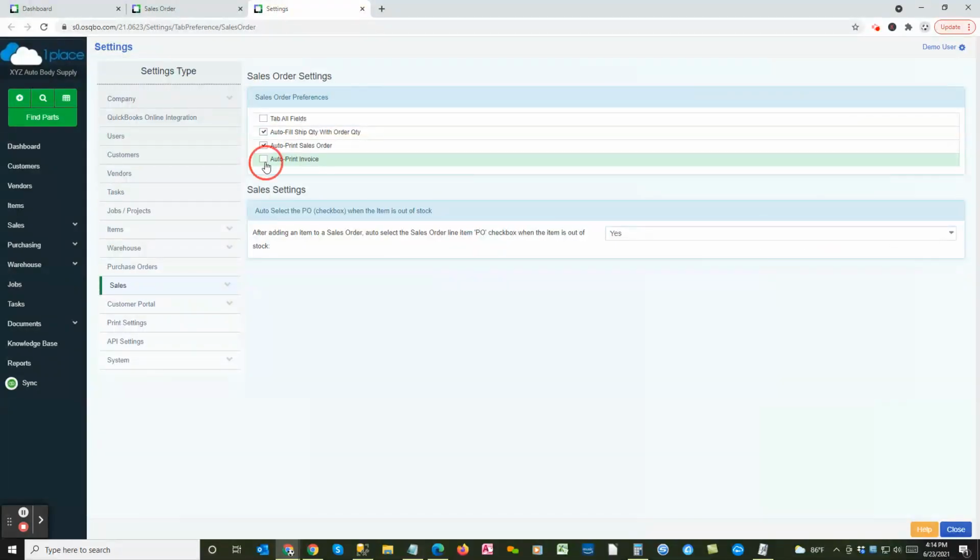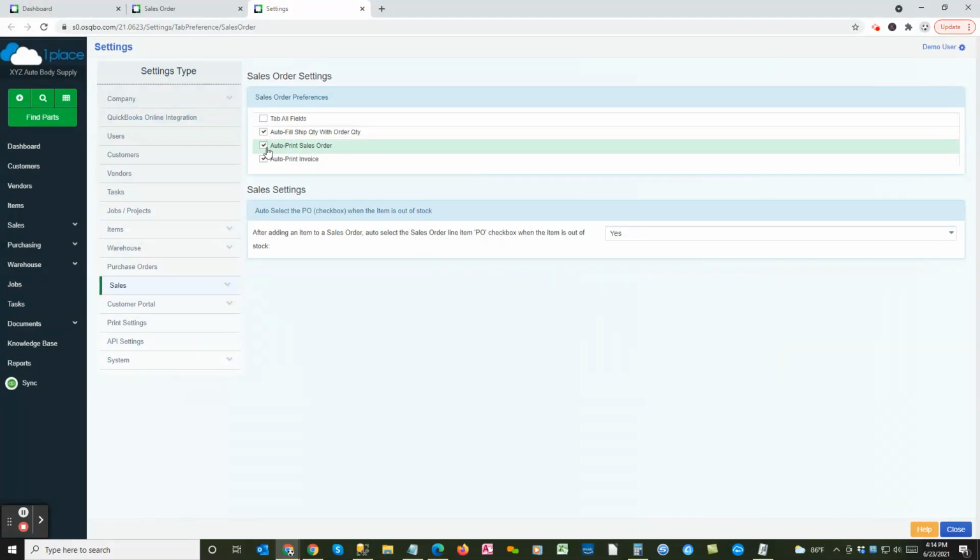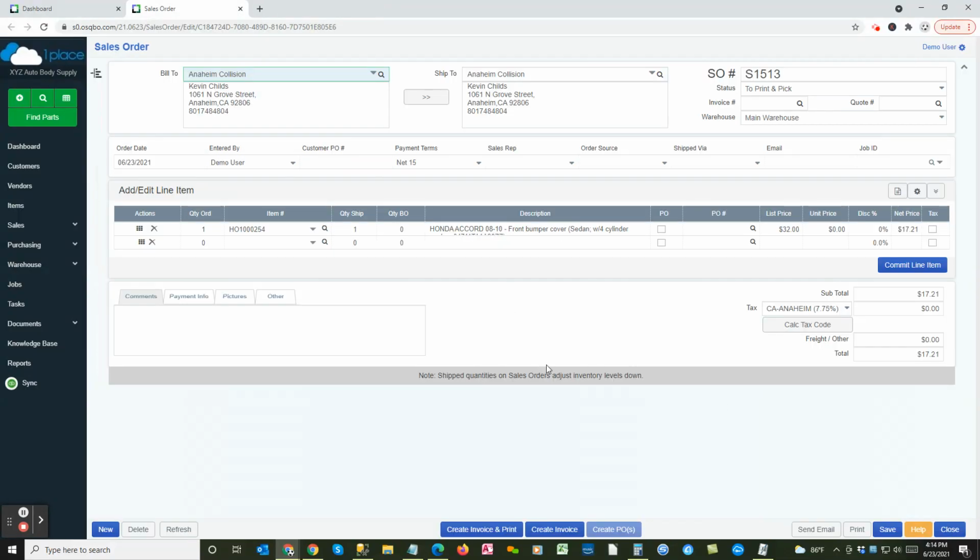If I click on Auto Print Invoice, I could take this one off, then I'll still have to manually print the sales order, but it'll automatically print the invoice. If I do both, then in this case, by clicking on the Create Invoice and Print, it's going to pop up,